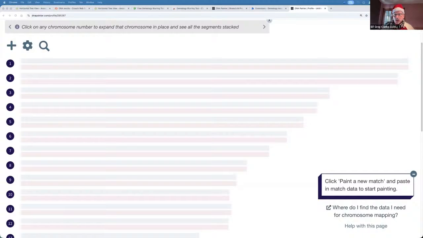Kathy has very kindly shared her DNA matches with me so that I can use them to look at the matches and do some initial painting. So we're not going to finish this off. And I don't know anyone who has actually painted 100% of all their chromosomes, filling in all of the gaps with where the matches are. But we'll get a few percentages in the chart there. So if I go to Kathy's DNA results,